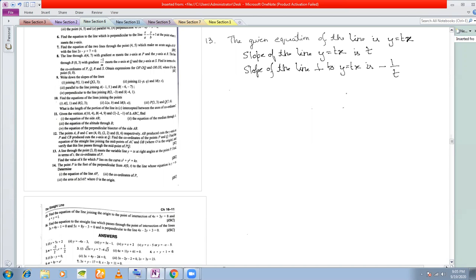If one slope is t, the other has to be minus 1 by t. Therefore, equation of the line perpendicular to y equal to tx and passing through 3, 0